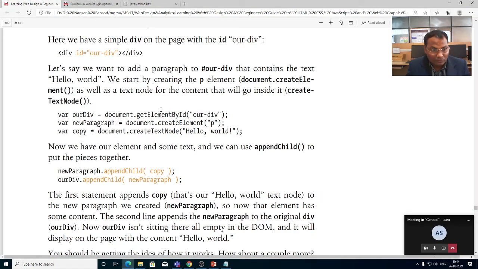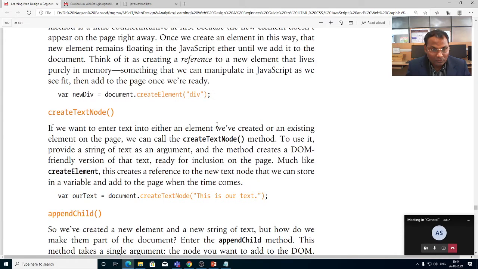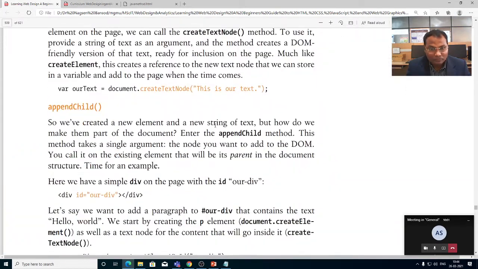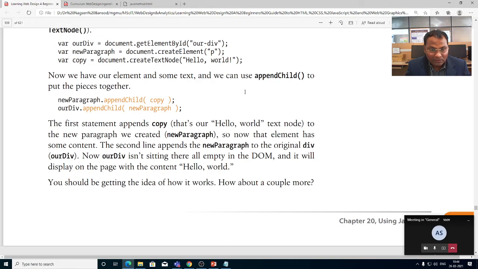So we are putting P here. We need to give the P element, and in that the message.